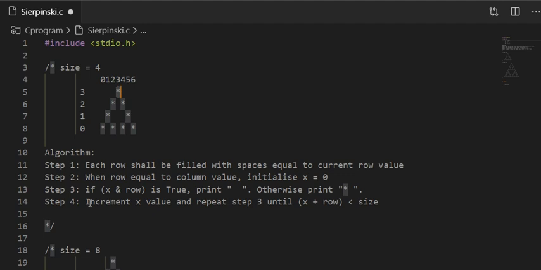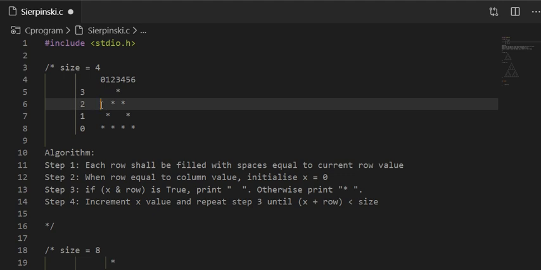And increment x value and repeat step 3 until x plus row is less than size. As we know here size equal to 4 and row is 3. Now when I increment x equal to 1, 1 plus 3 is 4, which is equal to the size of this Sierpinski triangle. So we will exit this loop and go for the next row.